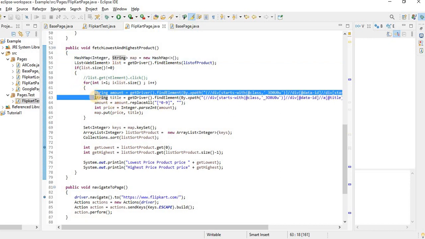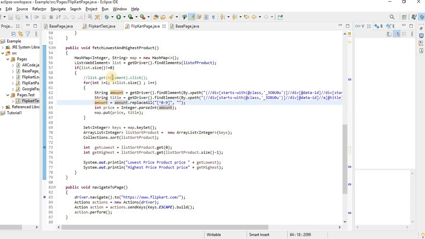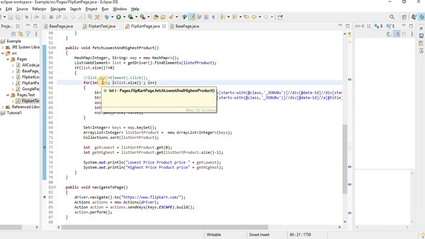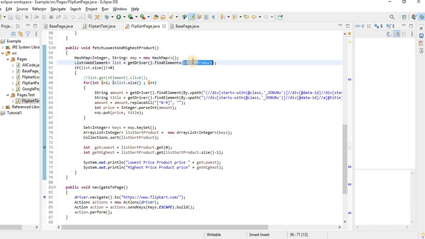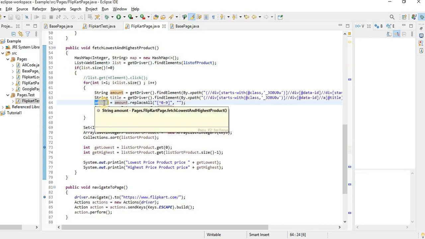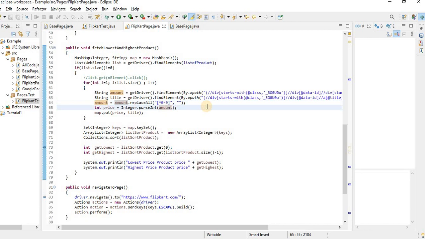I am fetching the amount at a particular location, then I am fetching the title at that particular location, that is at position i. And what are the products? A list of products. A 40 products list is there. One by one I will fetch the amount and title inside that. And the same logic, we have to replace the rupee symbol and the commas.